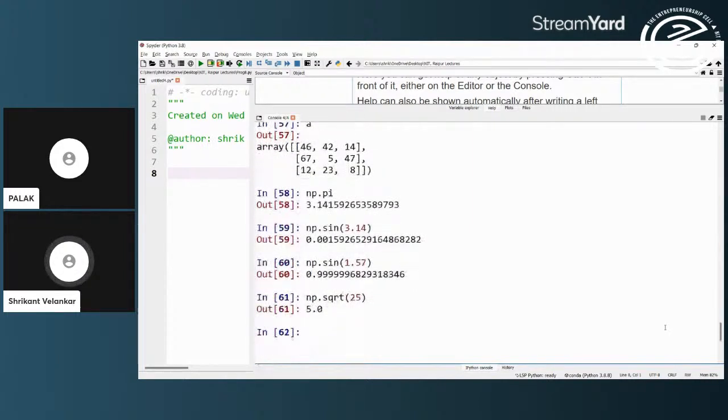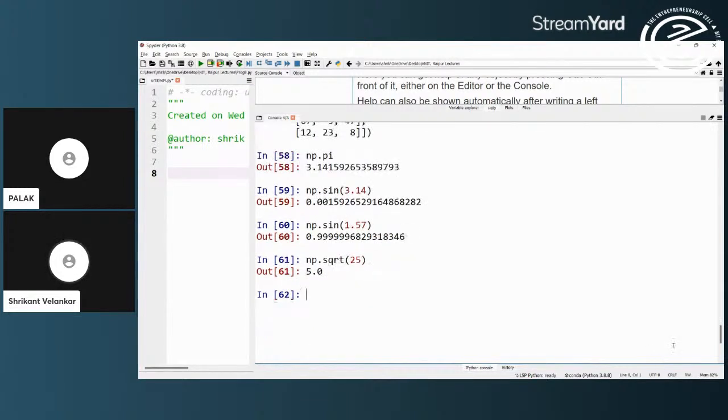Similarly, you can add two arrays, subtract two arrays, multiply two arrays, but it is not a matrix multiplication. You can divide two arrays; it is element to element addition or element to element subtraction which will take place.